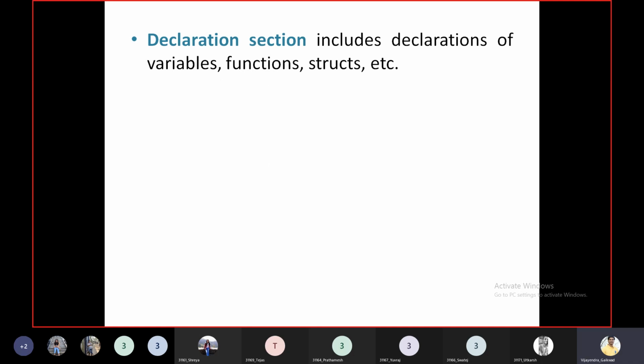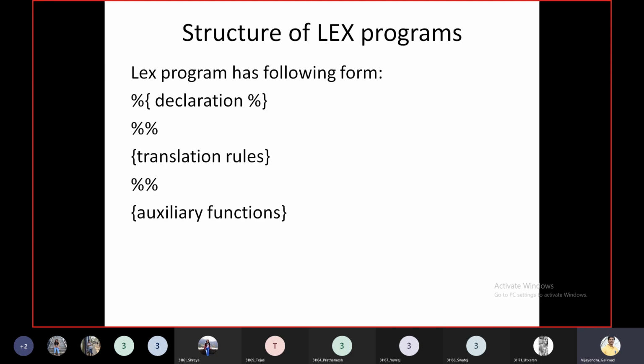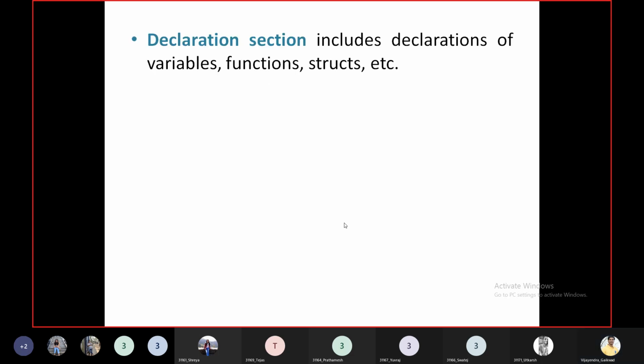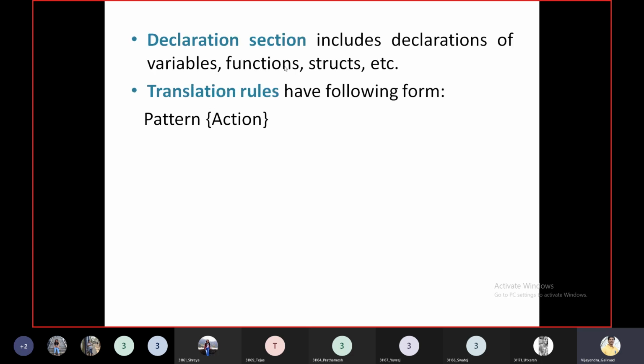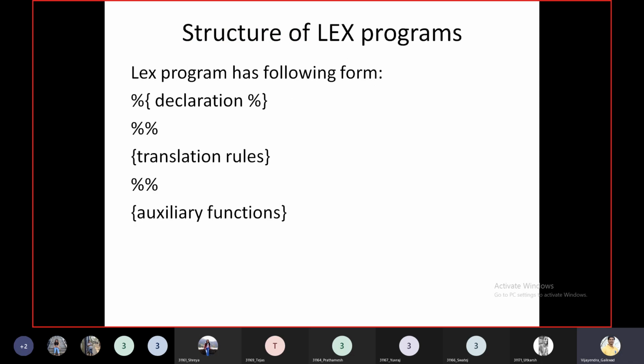Yeah. So the declaration section, as I told, will include declarations of variables, functions, structures, whatever is required for your program. All of that will be declared in this part. So when we develop the .l file, this is the format for developing the .l file. Fine. Translation rules. So every translation rule, for example, if I encounter, let me go back to the previous diagram